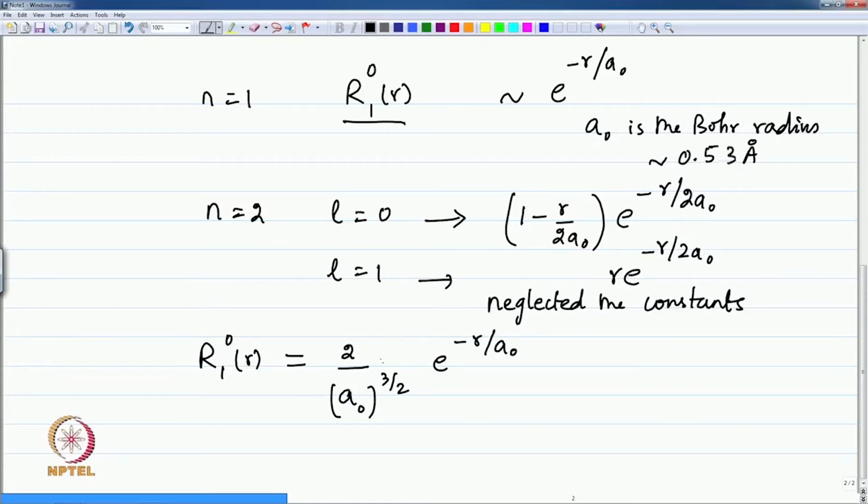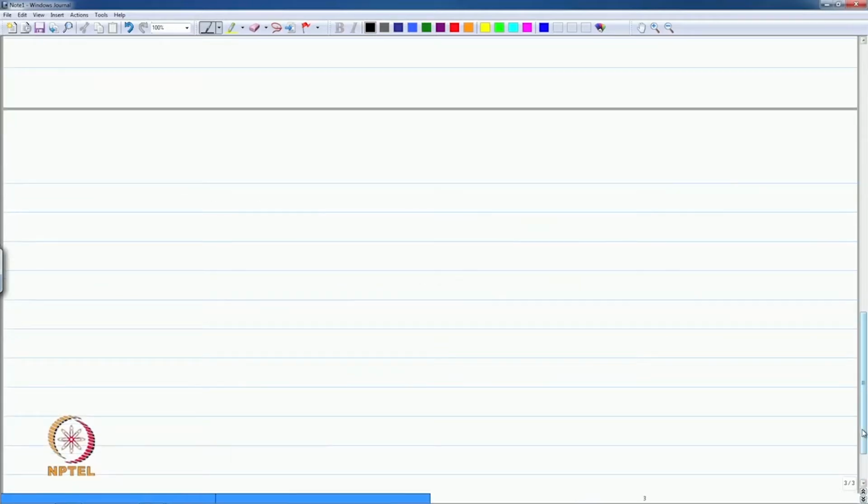This normalization constant is obtained by the following procedure, namely the integral of psi star n l m psi n l m d tau is equal to 1, which when we use the spherical polar coordinates has the following form: